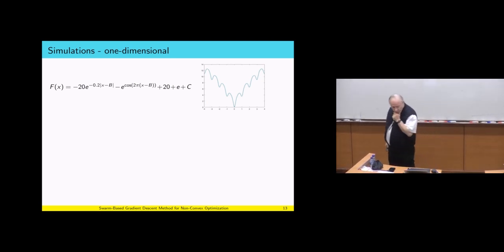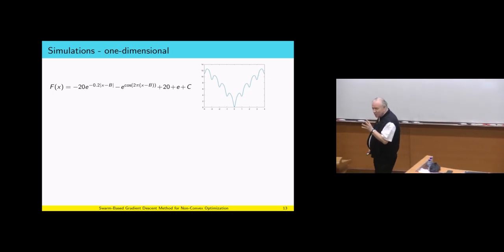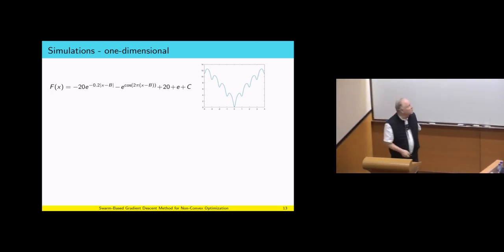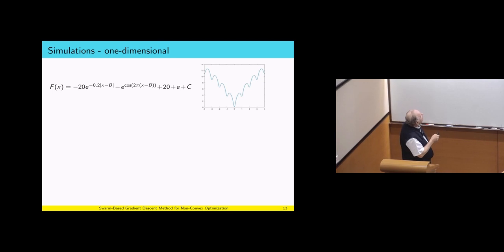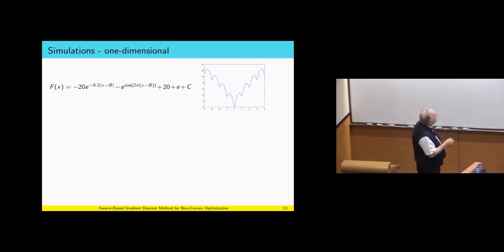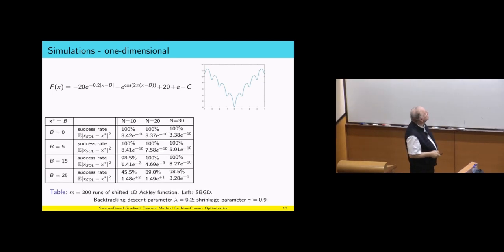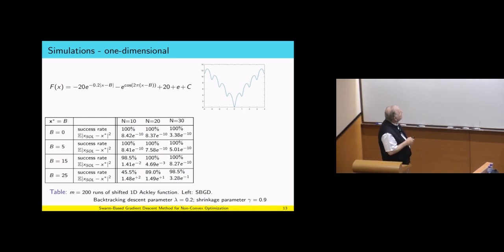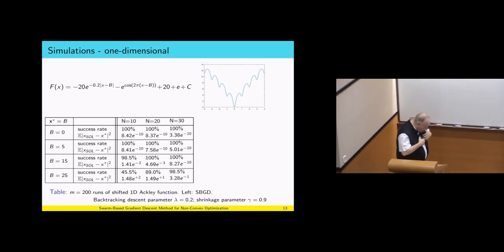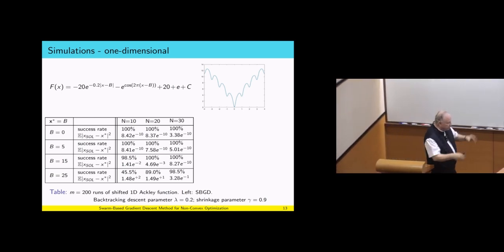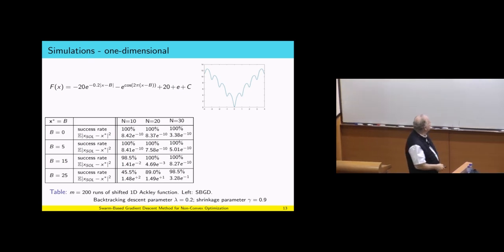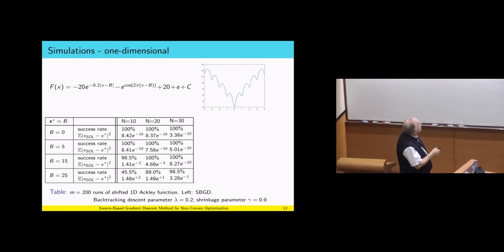So let me show you a few more example simulations because we have to expand the discussion now. Here is this Ackley function, I think it's called. And you can see this is one-dimensional. We will get to multi-dimensional in a second. And what we measure here, we took 200 runs. So we randomly spread the points and we take runs,